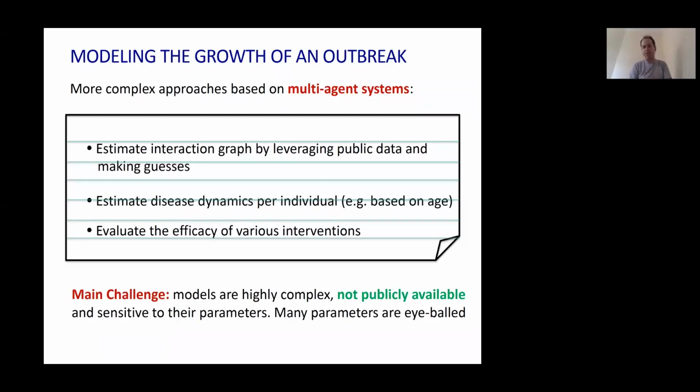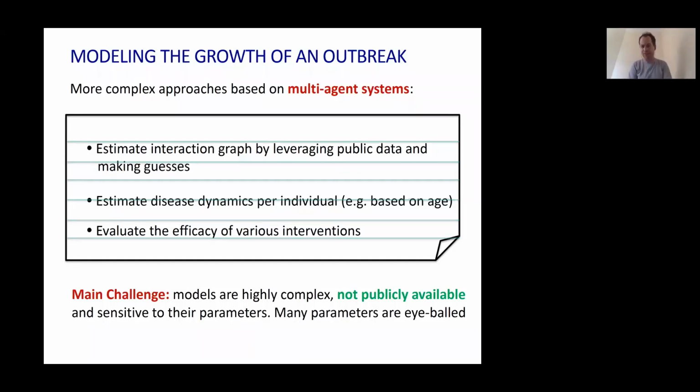And then once you have this model and you believe this model, you say, okay, now here's what I'm going to do. I'm going to decide that every second high school is going to close, and I'm going to close all kindergartens and close the Whole Foods and just leave the Trader Joe's open, and then I run my model and I can come up with a policy recommendation. And a lot of what we're seeing, and we'll see it in the next slide where we talk about the Imperial College paper that got a lot of traction, is to try to evaluate the efficiency of various interventions